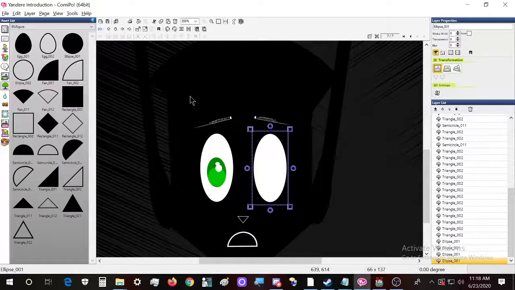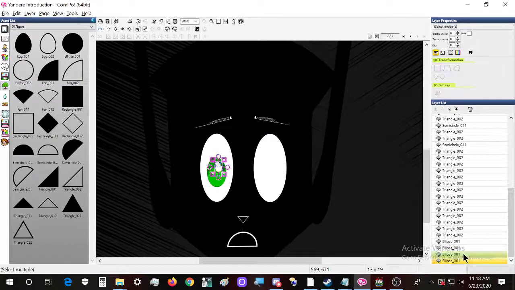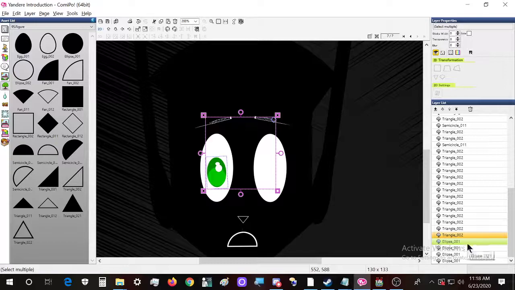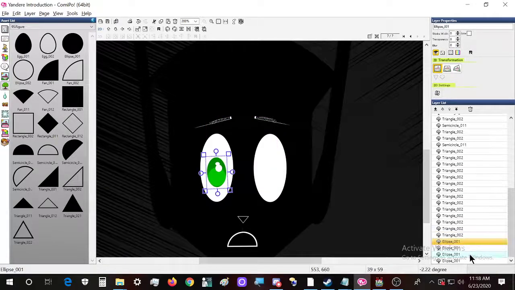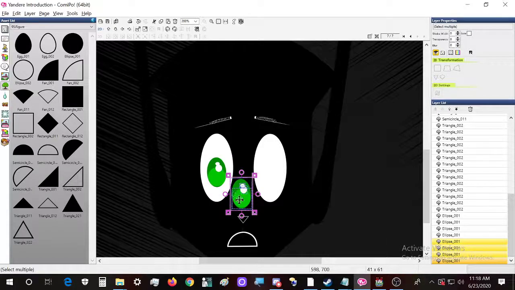Let's see what could actually go wrong. Okay, so we need this and this and this and this and this. Wait, I don't need a triangle. So we copy them and we put them in here.